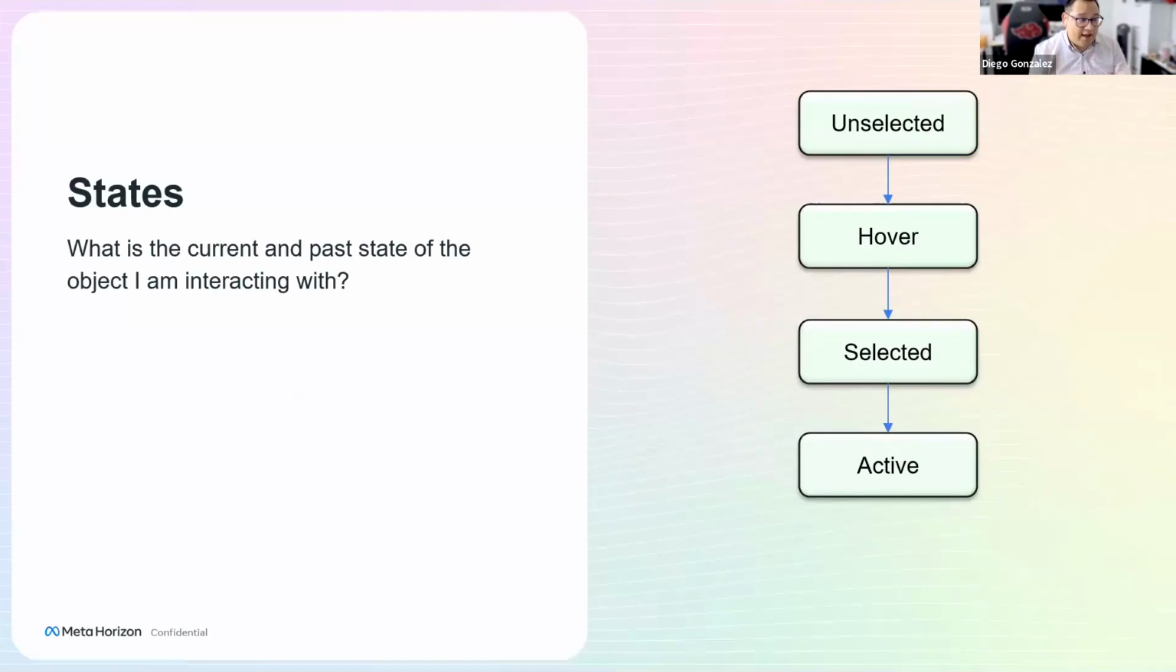All right, so the states, right? There is this very important overarching set of states that you will see across all of the objects. Which is, hey, what is the state that my current interactable is in, right? Is it unselected? Is it hover? Is it selected? Is it active? Now, these states are universal across all of them, but how they present themselves across the interactables could be different,